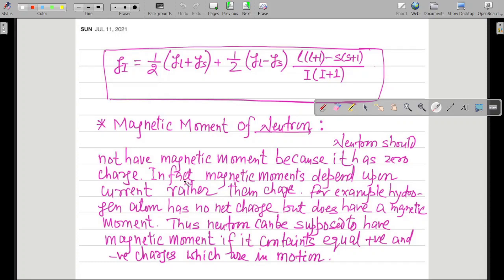The neutron has positive and negative charges equally distributed. If you have ever learned the quark model in your BSc or engineering, during those days, then you must be knowing this thing